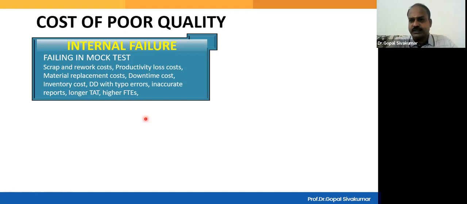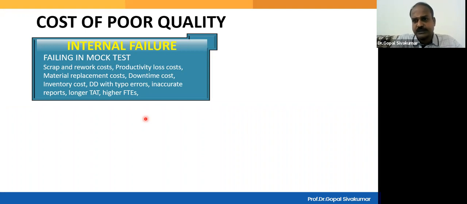The cost associated with any form of failure, failure of your process, failure of your product, or failure of your service to meet the customer requirement is called cost of failure. So the cost associated with this form of failure is called cost of failure or cost of poor quality. And if the failure happens and it is detected within the organization, it is called internal failure. If the failure is not detected internally and if it is detected by someone outside of your organization, that is